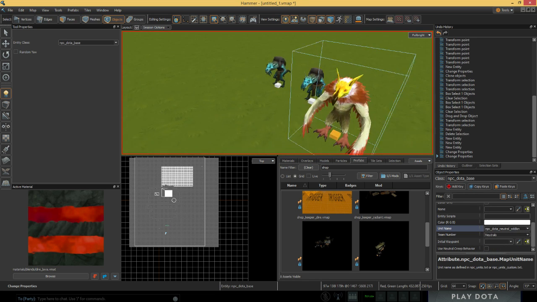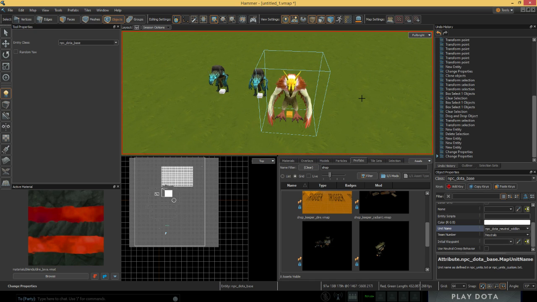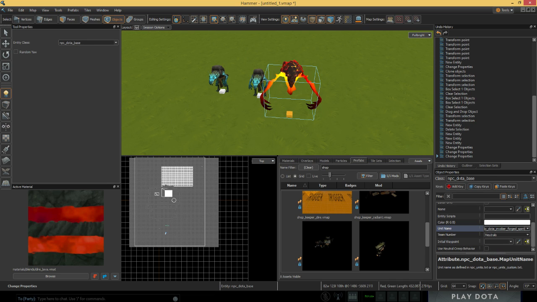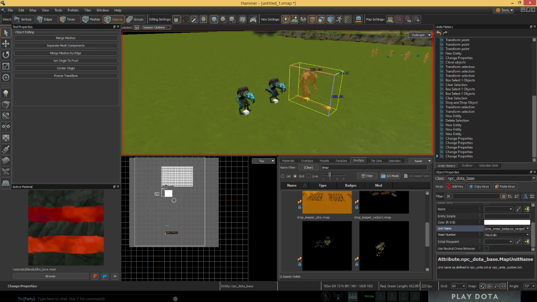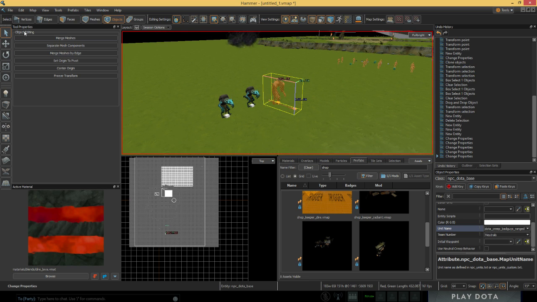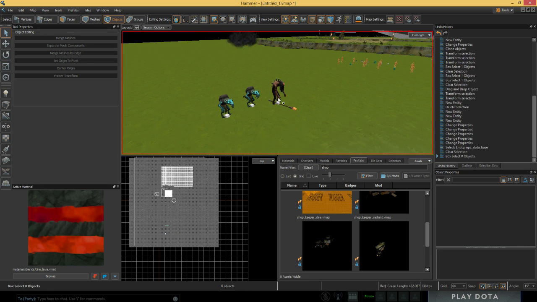But as part of your custom game, you also get to define units in your own NPC units custom.txt file. And once you have them in there and you restart your entire tools, not just Hammer, not just your game, but the entire tools, they will exist in here and you will be able to select them. You can also search for stuff, but you'll be able to select them and place them. And then you can literally just place your own custom encounter, enemies, what have you, in the game with NPC